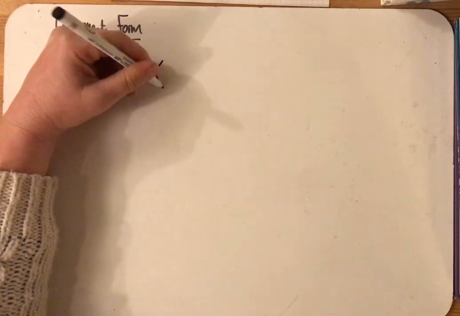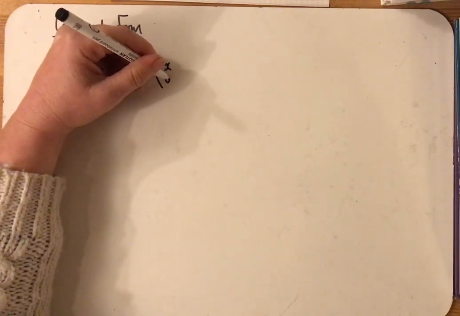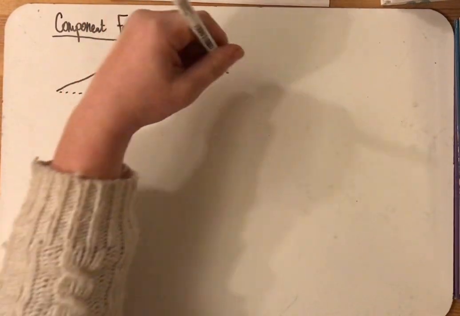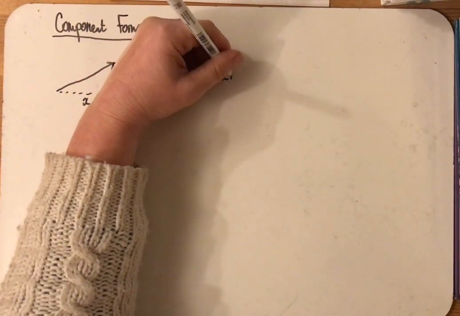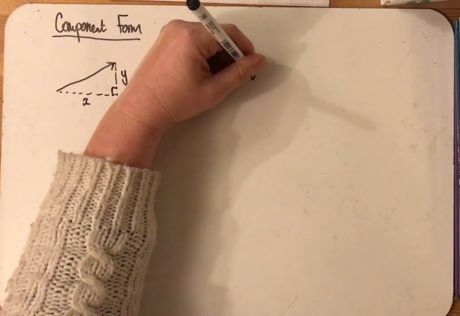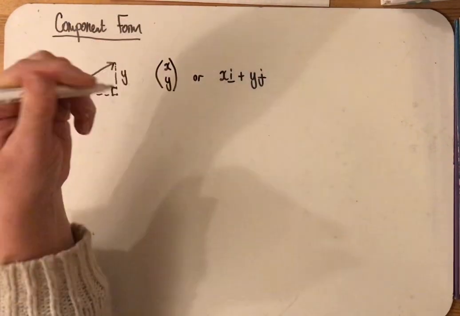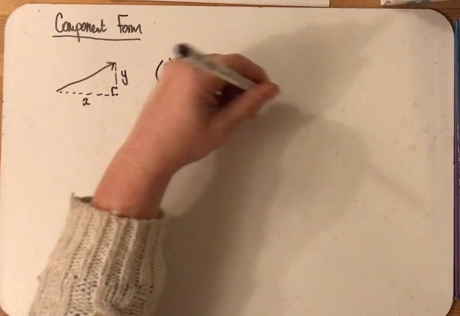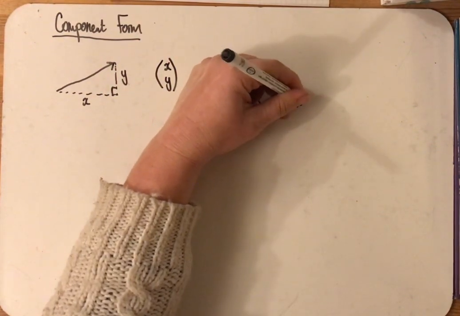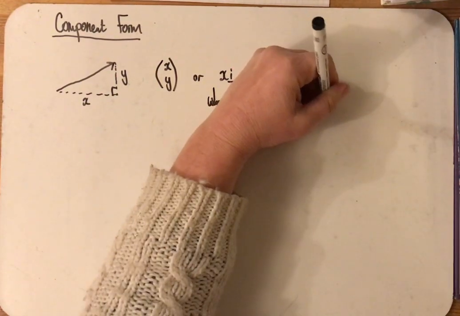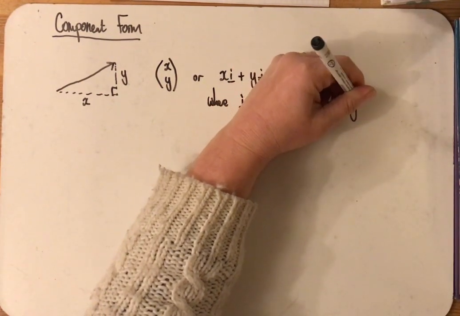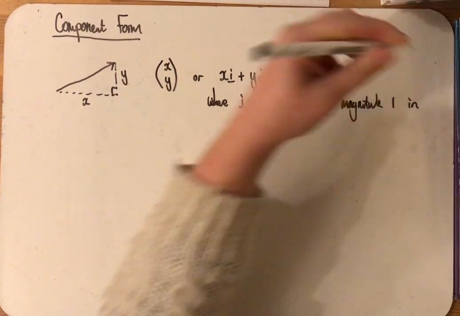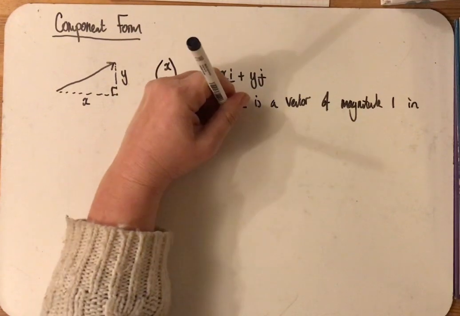This is written as a column vector x, y, so you've probably seen vectors written as column vectors before. Or you can write this as xi plus yj, where i is a vector of magnitude 1 in the x direction,